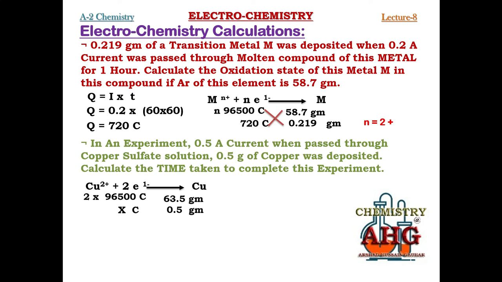How much charge would be needed? Just cross multiply. You can get to know 1519.685 coulomb charge is needed. Now you have come to know the charge, and you have been given the current. So using the formula Q is equal to IT, you can find the time. Insert the values, use the calculator.